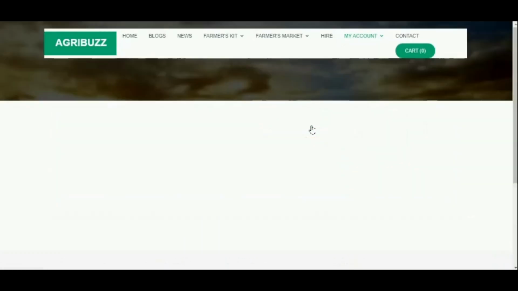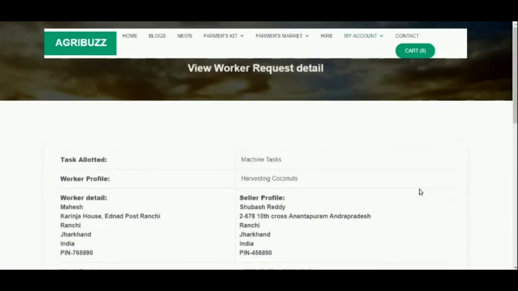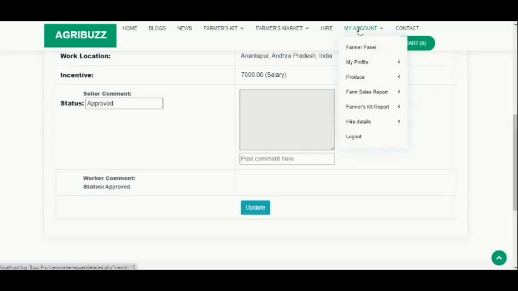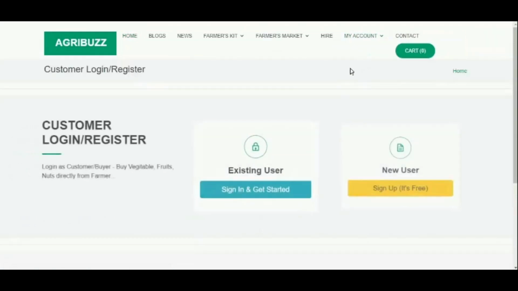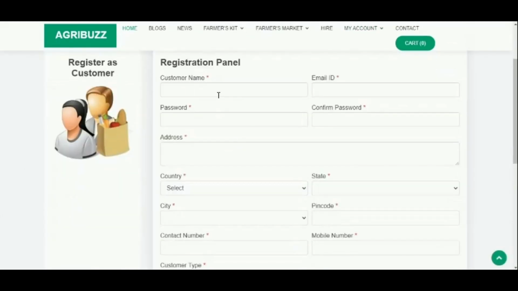And under View Hired Workers, we can see the status as worker approved. Now let us see the customer login panel.